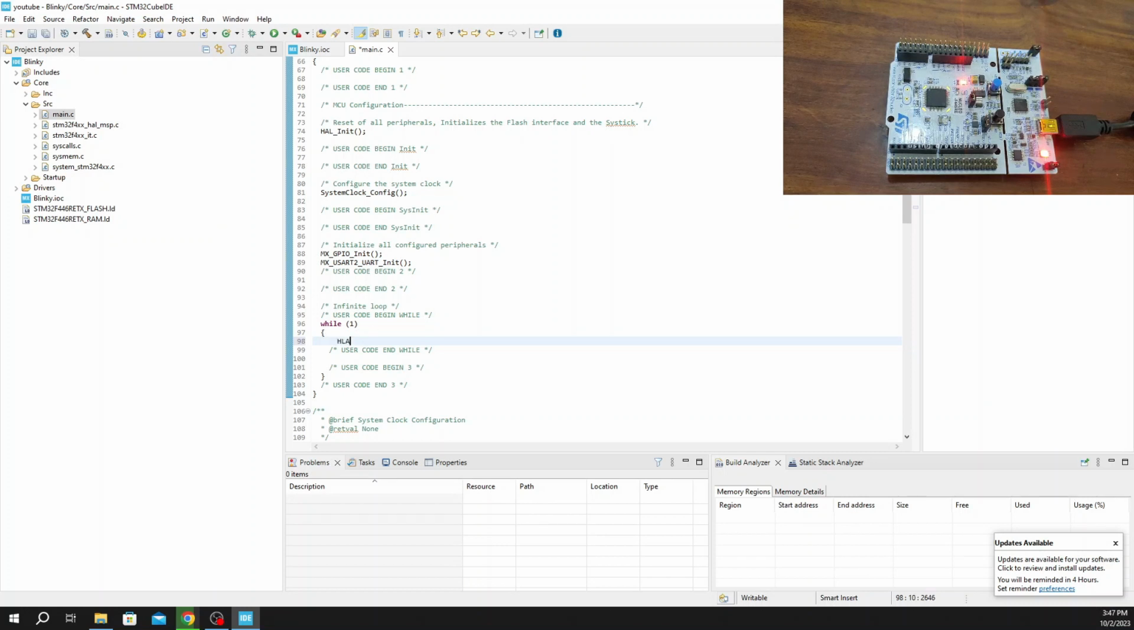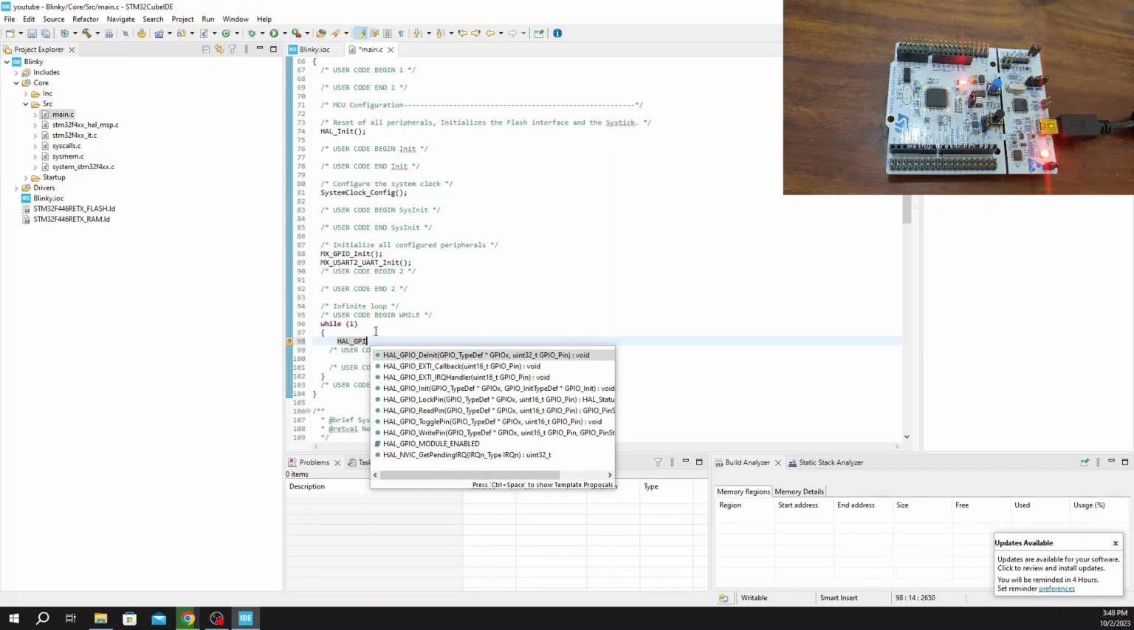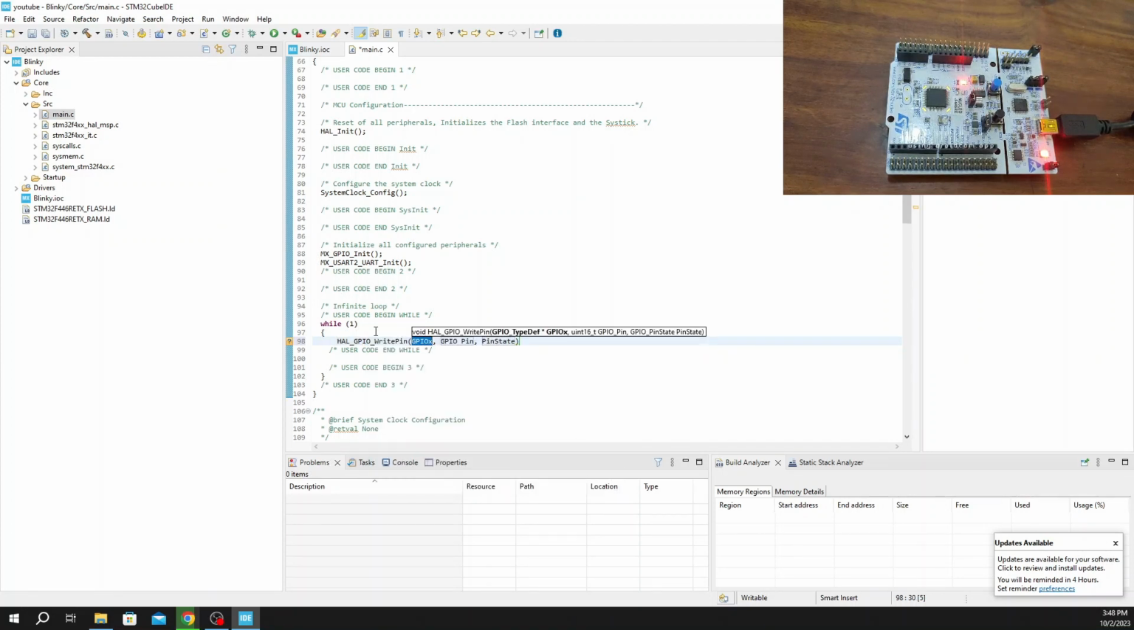We'll write GPIO write pin, and let me show you one trick. So you don't need to type all this. When you reach over here, GPI, you can press Ctrl plus space, and options will show up to you. So here you can go to the GPIO write pin, and then you need to select the